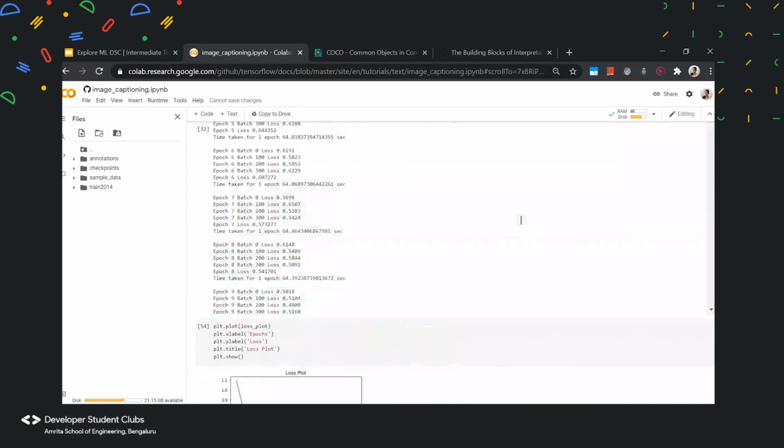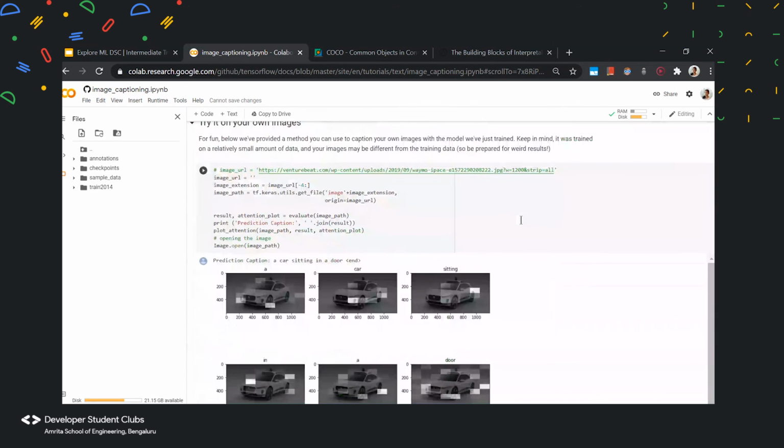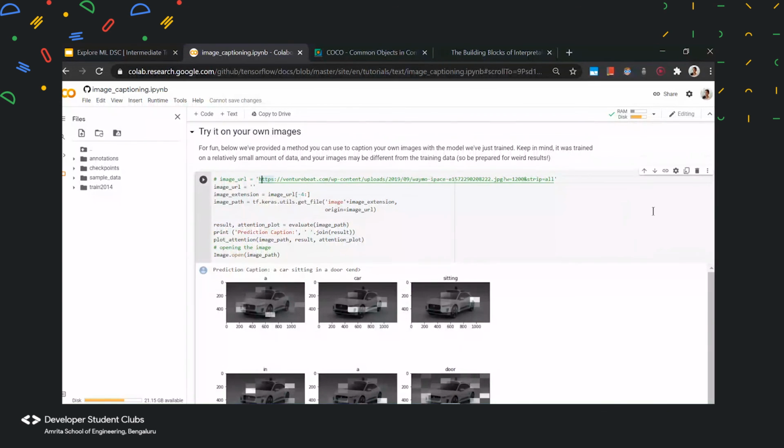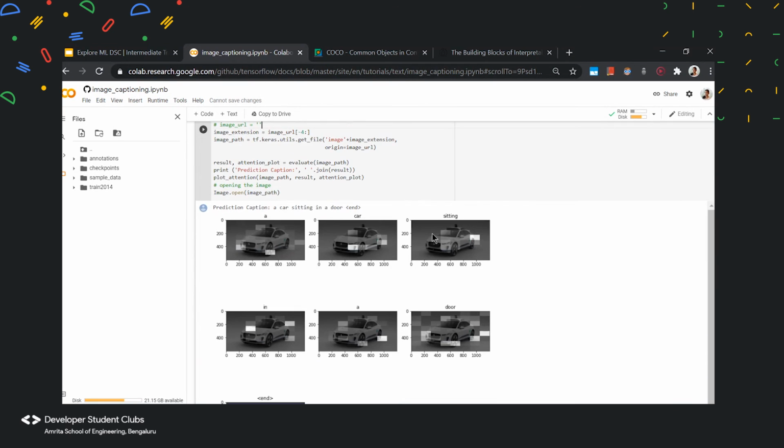So yeah, let's try testing it on a custom image. I've already done that. What you can do here is take any image from online, or, to have fun, you can even put your own image. Me and my other team members were actually playing around with the model because it was pretty fun to see how inaccurate it was in predicting the output, but it did a pretty good job in identifying the different parts of the image.